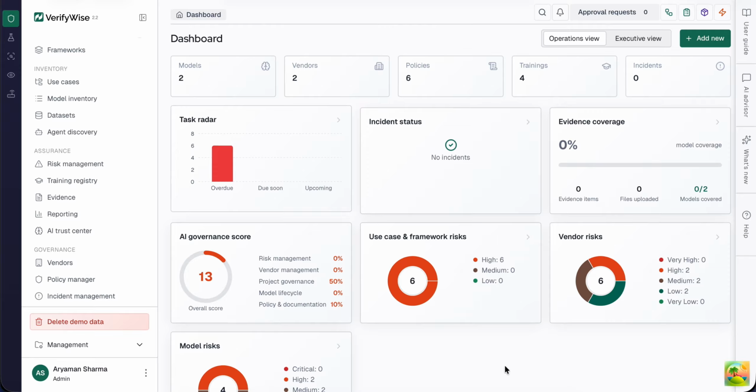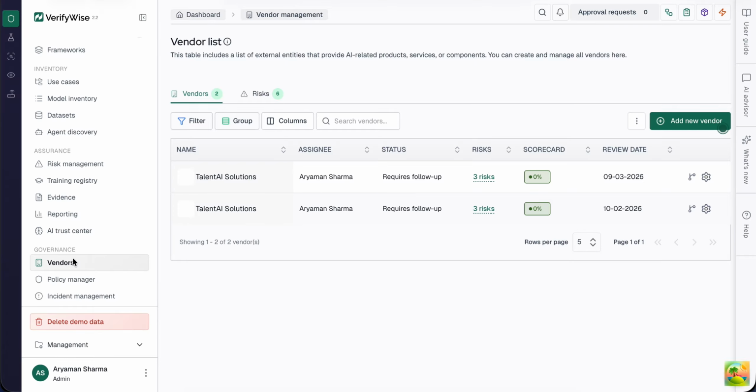In this one, we are walking through the vendors section, a critical part of AI governance because most organizations don't build AI in-house. They consume it through third-party APIs and SaaS tools. This section lets you inventory every AI vendor, assess their risk exposure, and maintain an auditable trail for regulators and